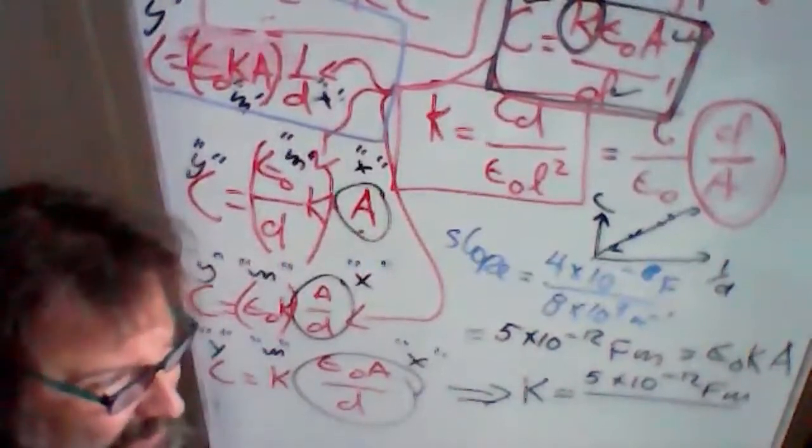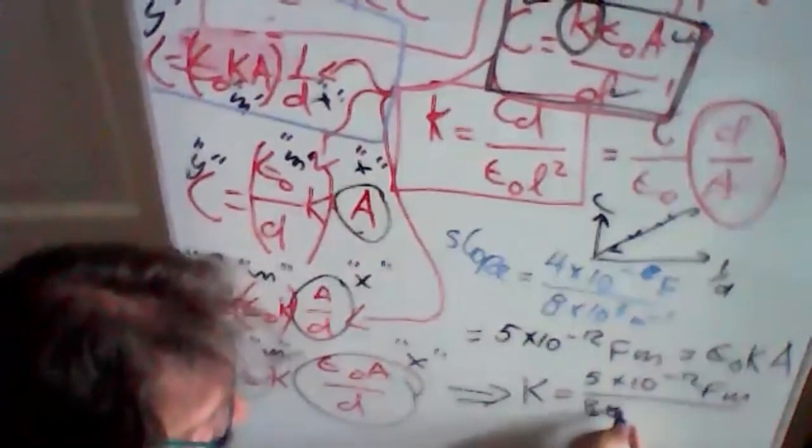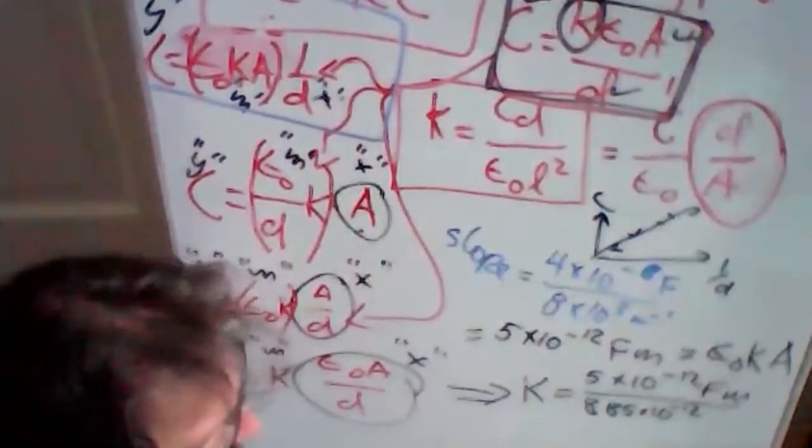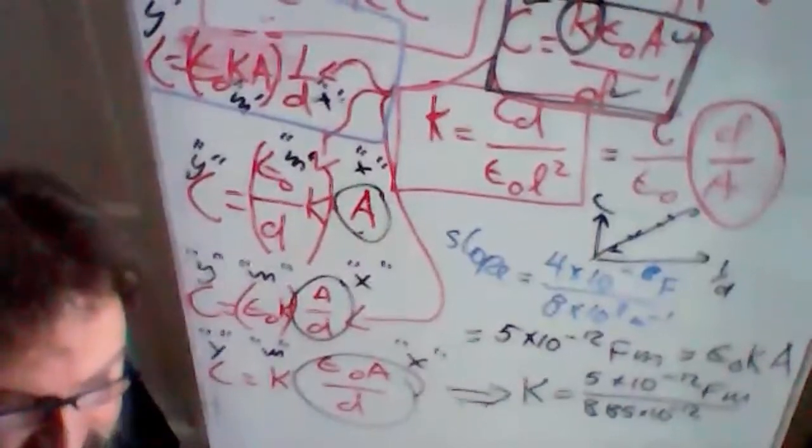We're going to divide by epsilon naught. Epsilon naught is 8.85 times 10 to the minus 12. Okay. And then the area given to us in this problem is,